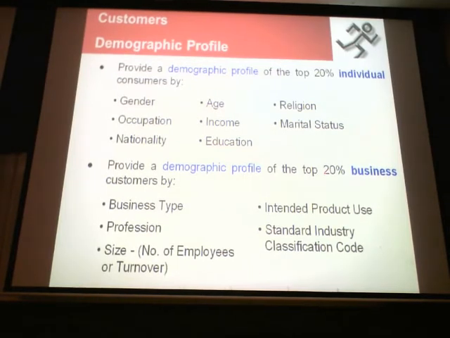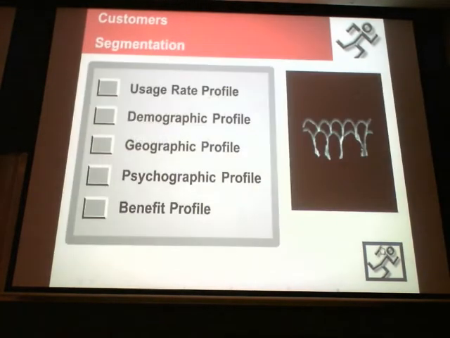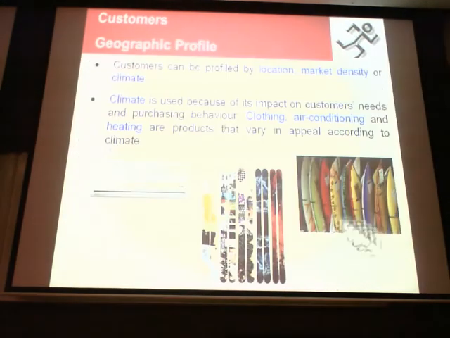You can also do it by business too, demographically by business. We classify things by industry classification, or you can do it by the size of the business. So that's the different way of doing it. So demographics are very quantitative measures. You'll get them from the Australian Bureau of Statistics or from other census. You can then also look at it geographically too,